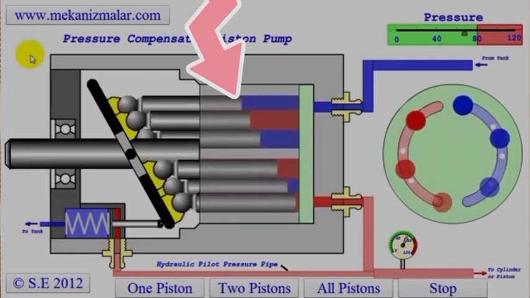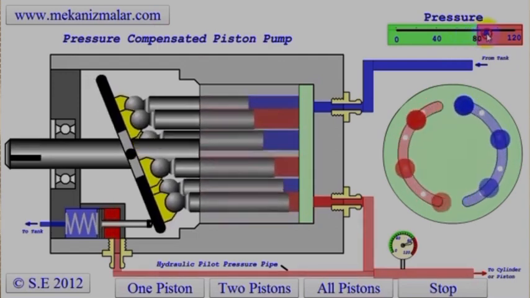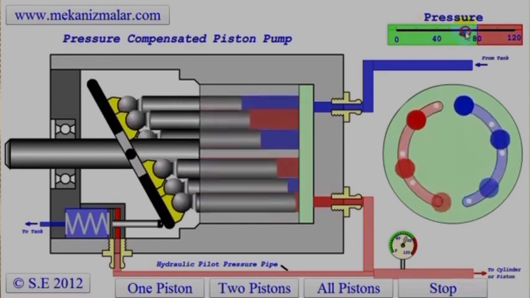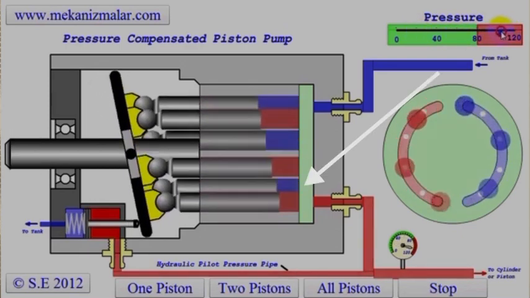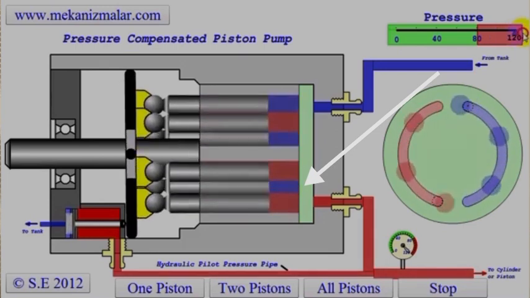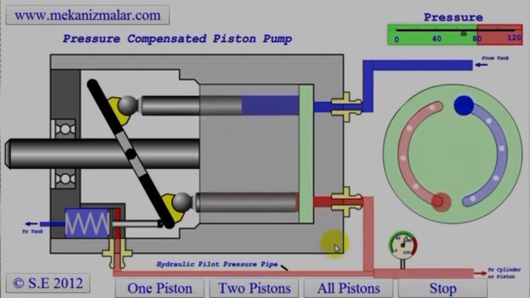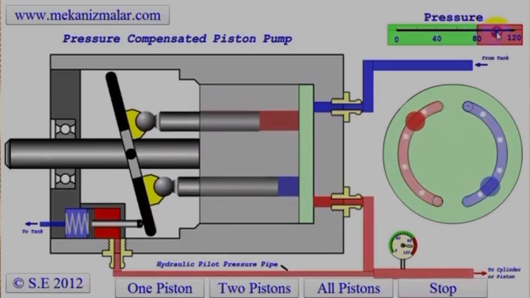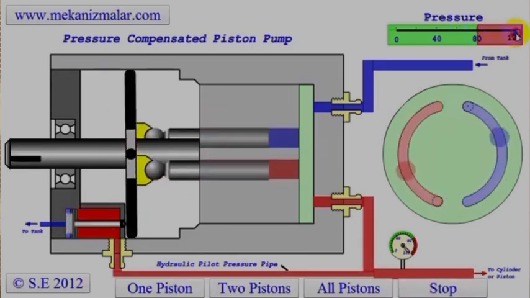As the same piston moves to the higher angle part of the swash plate, the angle causes the piston to have an inward motion inside of its cylinder, and this action will cause the hydraulic fluid to enter the output chamber of the pump with higher pressure, and the hydraulic fluid will move out from the pump. The process continues till the system pressure in the outlet line of the pump reaches a predetermined limit,